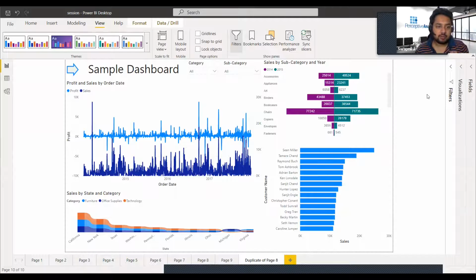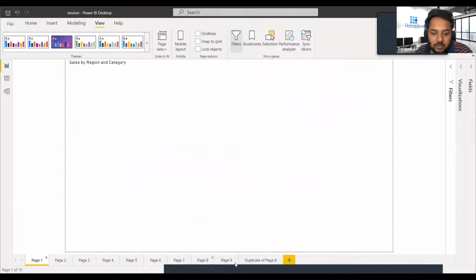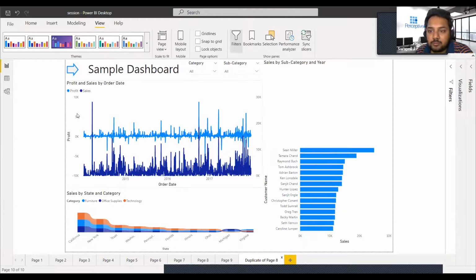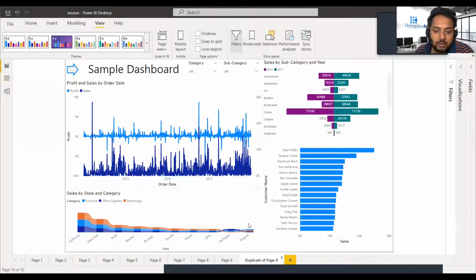So one thing is that when you have a constraint on the dashboard, you can use it. And the other thing, we can use bookmarks in a way like right now you can see at the bottom we have page 1, page 2, page 3, page 4. To navigate between the pages, I have to click in here. But we can use bookmarks instead of these. Right now what I did, I created a bookmark within this dashboard, within the screen.